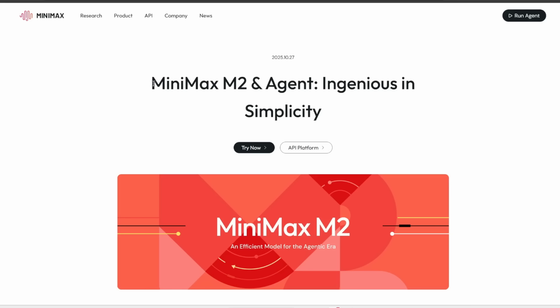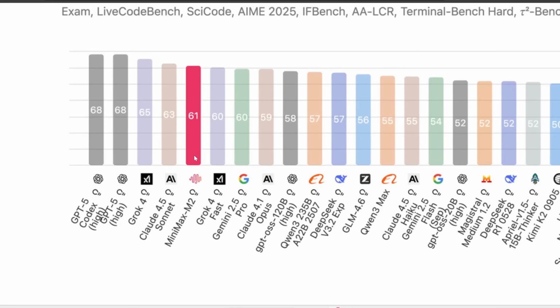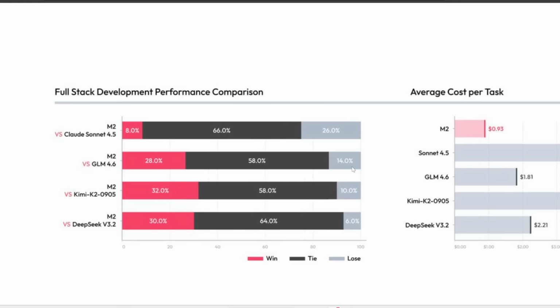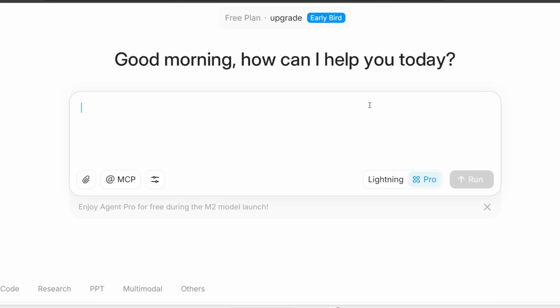So MiniMax just released MiniMax M2, and this is extremely performant and capable. As you can see from this independent leaderboard, MiniMax M2 is currently the best open source model you can use right now, and this is especially strong in coding and agentic performance. In fact, I'll show you these benchmarks in a second, but let me just jump right in